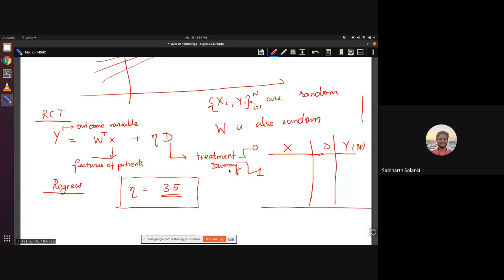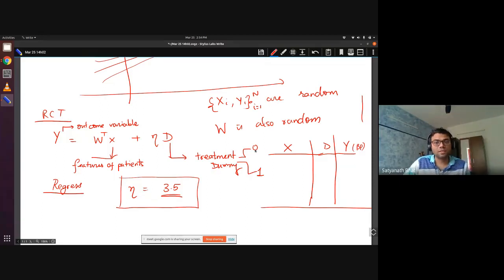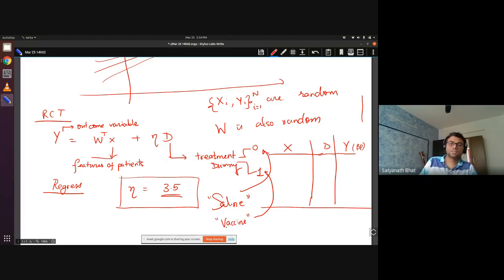Sir, what is a treatment dummy? So for treatment dummies, some patients are given the drug, some patients are given a placebo. I mean, they are given a medicine which is not really the drug. See, even for this vaccine trial, they will take people for treatment, right? You can never say that they are actually given the vaccine when they are doing the trial. Some people are given just saline. Saline is salt water or something like that. So these people will be 0, and the people who have been given 1, they will be given the vaccine. Is that okay? Do you understand what the treatment dummy represents?